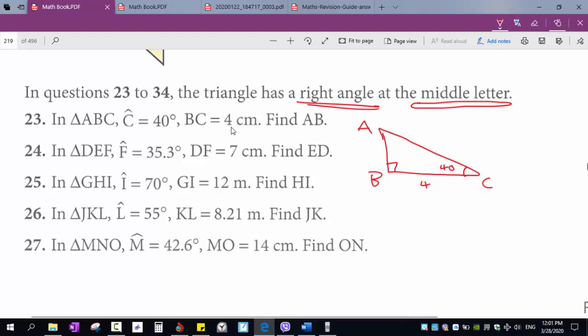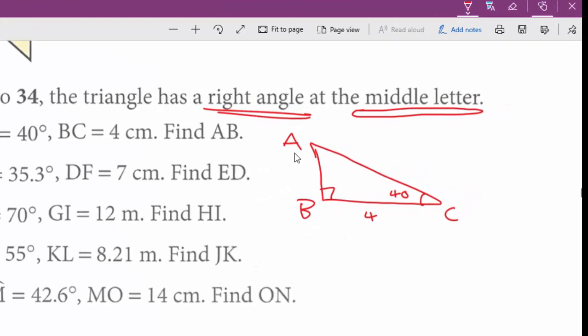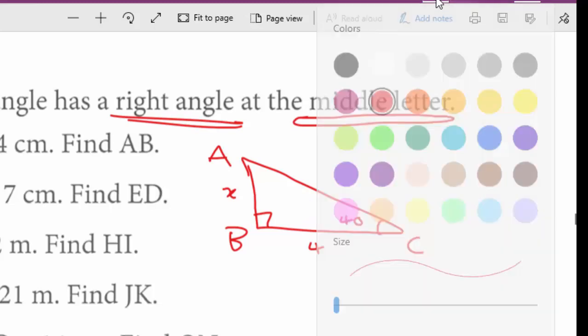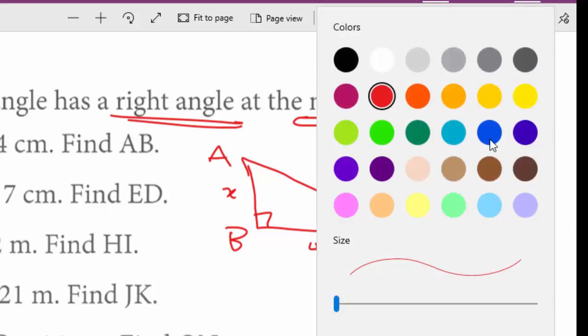BC is 4 centimeters. Find AB. AB is the missing side. Well, let's mark it as X. Now, do we have the hypotenuse? No, it means we cannot use sine and cosine. So we have to use tan, because in the tan function we can cover the opposite